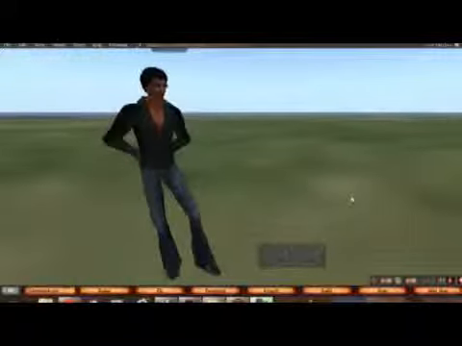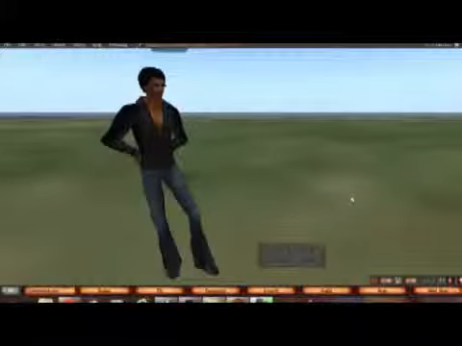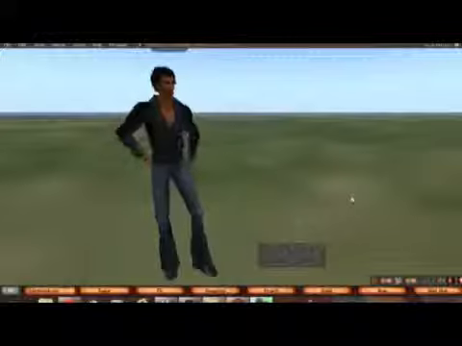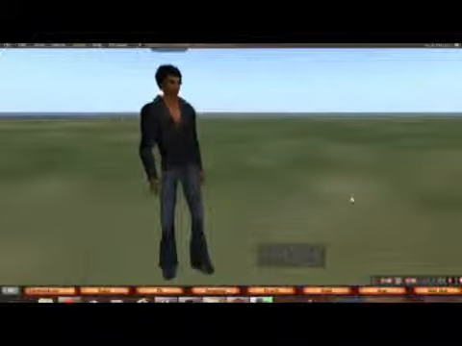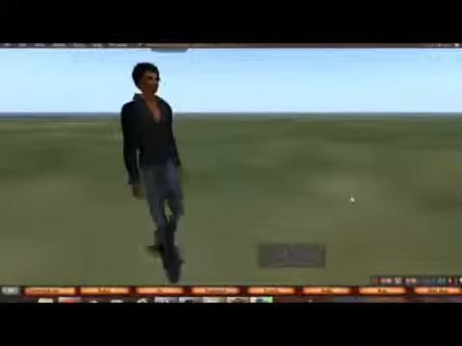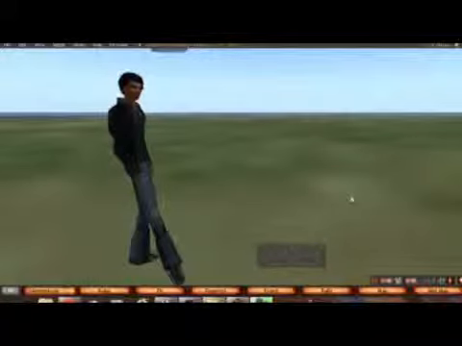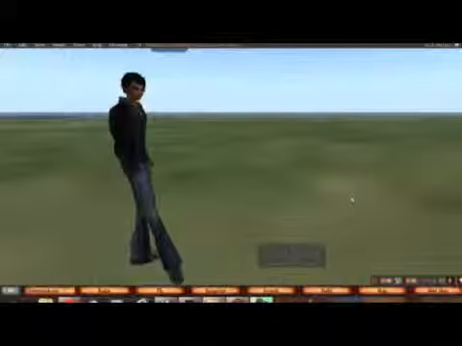Now, teleporting. Who wouldn't love to teleport? Got an hour commute? Bang, no problem. You're there. Now, we can't do it in the real world, but we can do it in Second Life. As a matter of fact, teleporting is one of the main ways, if not the main way, of getting from place to place. So I want to give you a couple of quick tools and tips using this third-party viewer,